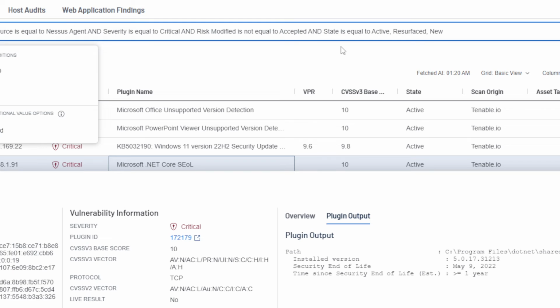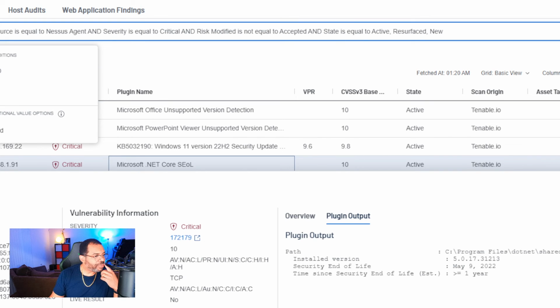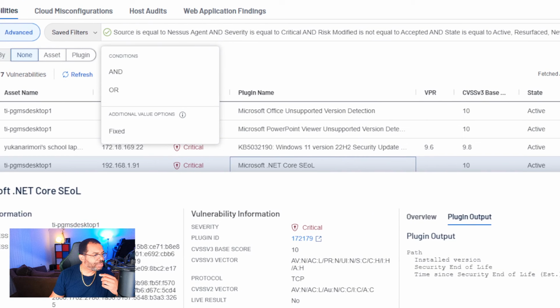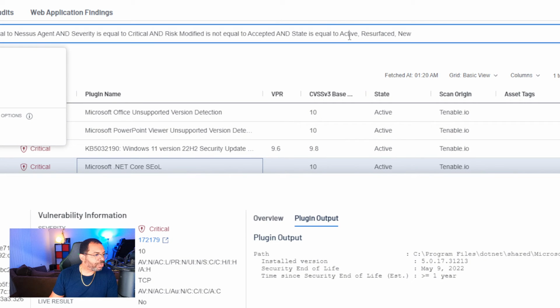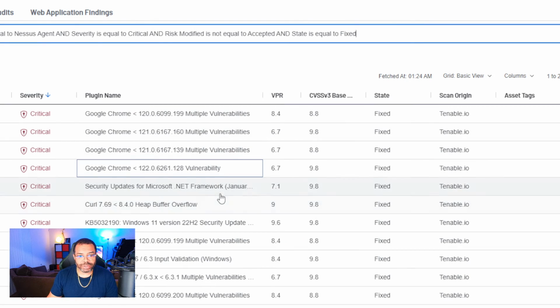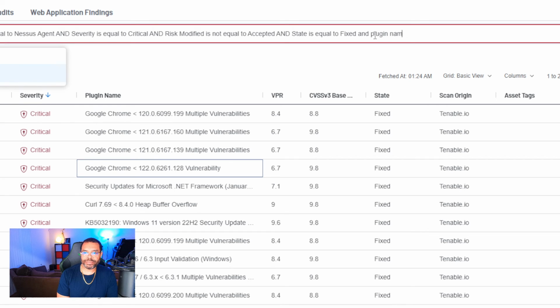So let's zoom in a little bit, okay? All right, and let's see if I can put my camera back here so I can actually talk to y'all. Okay, so once I'm zoomed in, I'm going to modify my query just a little bit. So you'll see me playing around with this screen. I'm only looking at vulnerabilities that are active, resurfaced, and new. I'm going to look at fixed instead, because the vulnerability on my machine that I'm currently working on is already fixed. And we're going to say and plugin name, which is the actual column right here, plugin name, okay? And we'll say contains